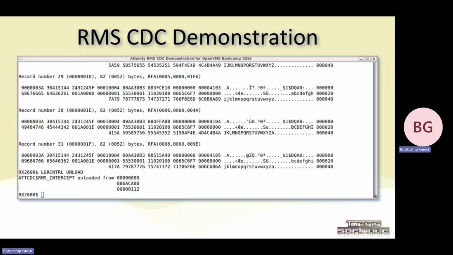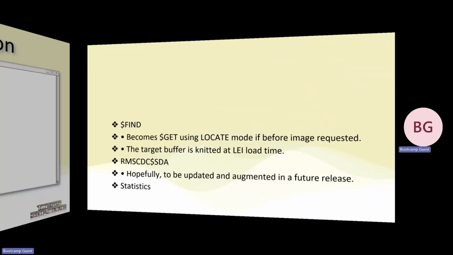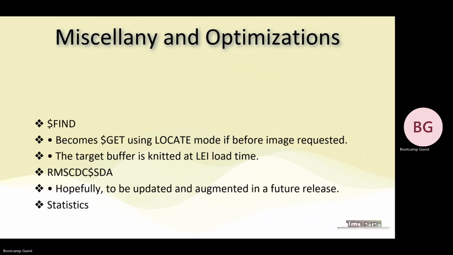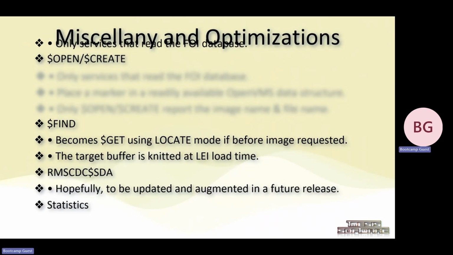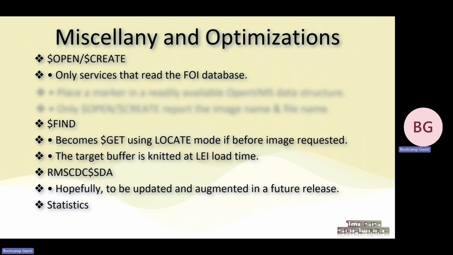And I think that's it, move on to this. So I just talked about the open and create. It's the only service that actually reads the FOI database. Not a lot of overhead, but it needs to find that information and write it out. You don't have to go into that database in any of the other services because I stash a little number away. It says CDC and it has that file ID number. So if the RMS intercept sees that stuck in,